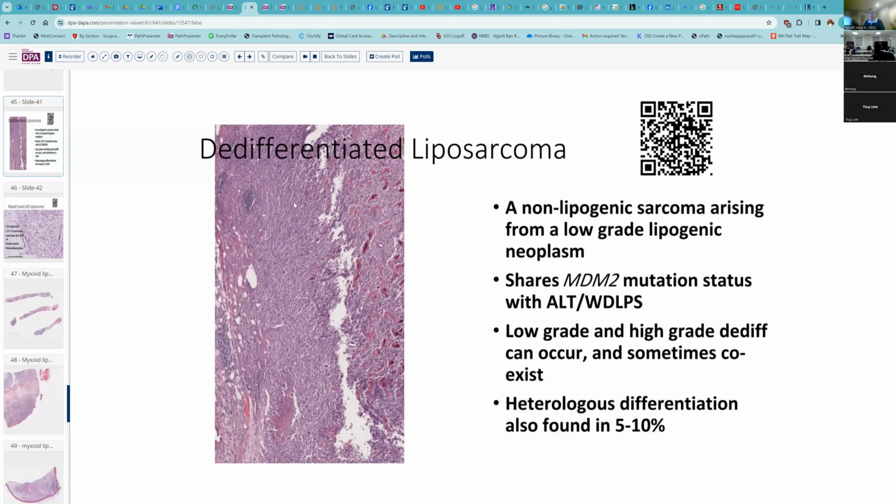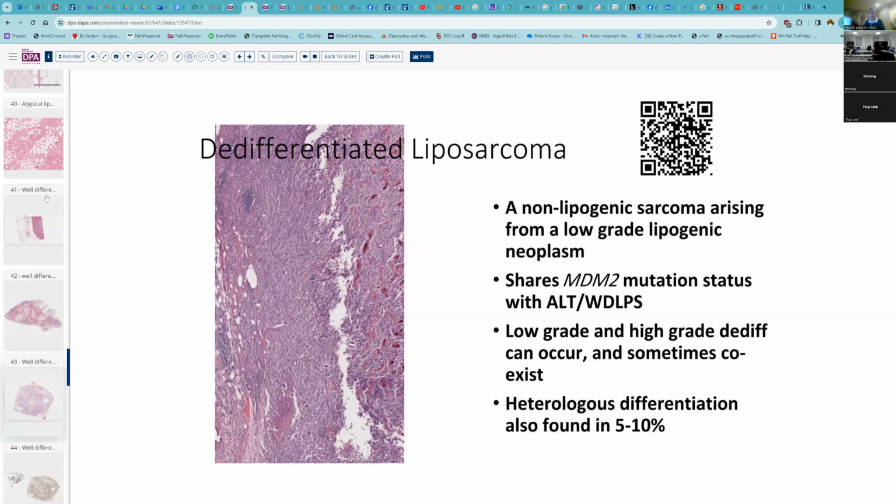So dedifferentiated liposarcoma typically presents in a patient who has an associated well-differentiated liposarcoma. And so there may be some areas that are dedifferentiated and other areas that are still well-differentiated. So sampling is important. That's true in the biopsy or in the resection, as well as the fact that many patients can have areas of low-grade dedifferentiation. And that would be when you had more tissue that looked, say, like this, our initial slide,